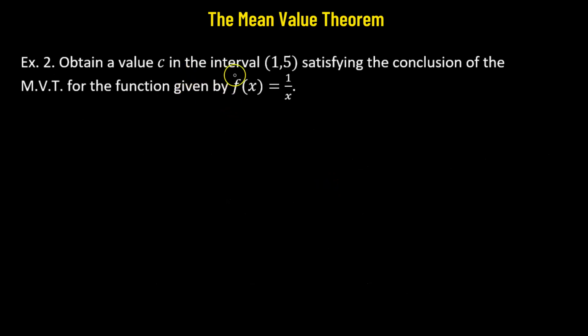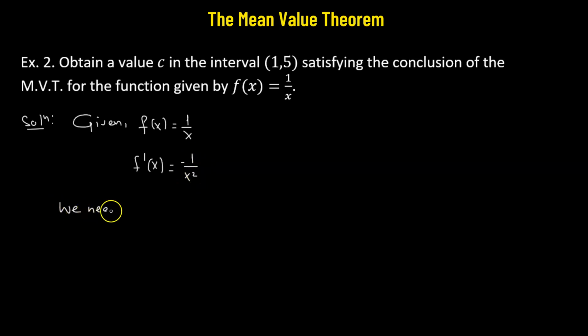So we have to obtain the value c in the interval [1, 5], satisfying the conclusion of the mean value theorem for the function given by f of x equals 1 over x. So let us begin. So we have the function given by 1 over x. The derivative of this particular function with respect to x is negative 1 over x squared. We need to find a value of c which lies in the interval